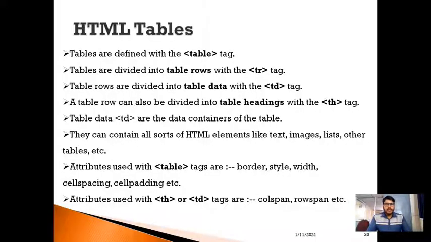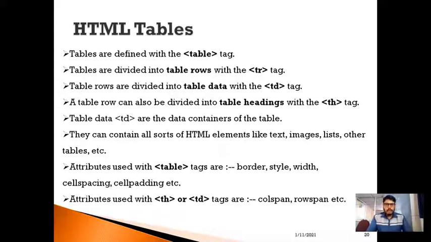Today's session, we will be discussing how we can include tables in a web page. Normally, in a Word document, we use the table option, which is available in the Insert tab. By using the table option, we can insert a table within the Word document.